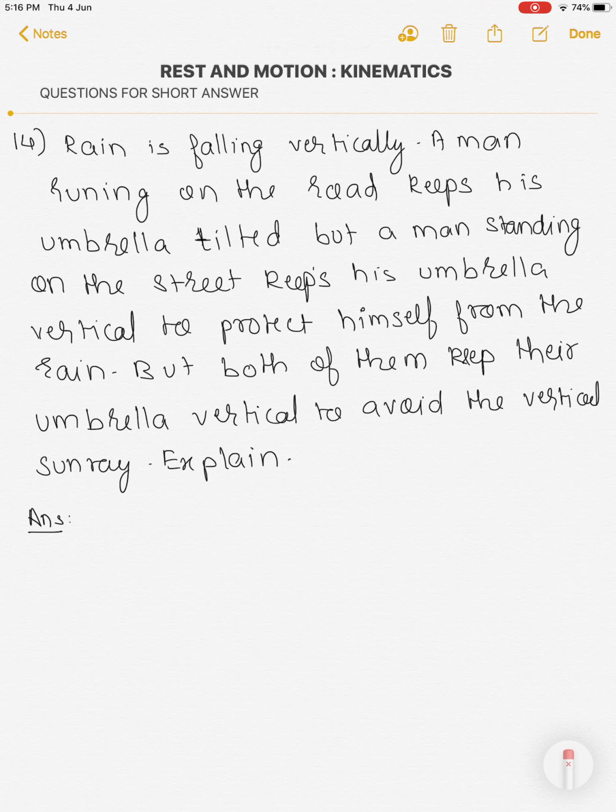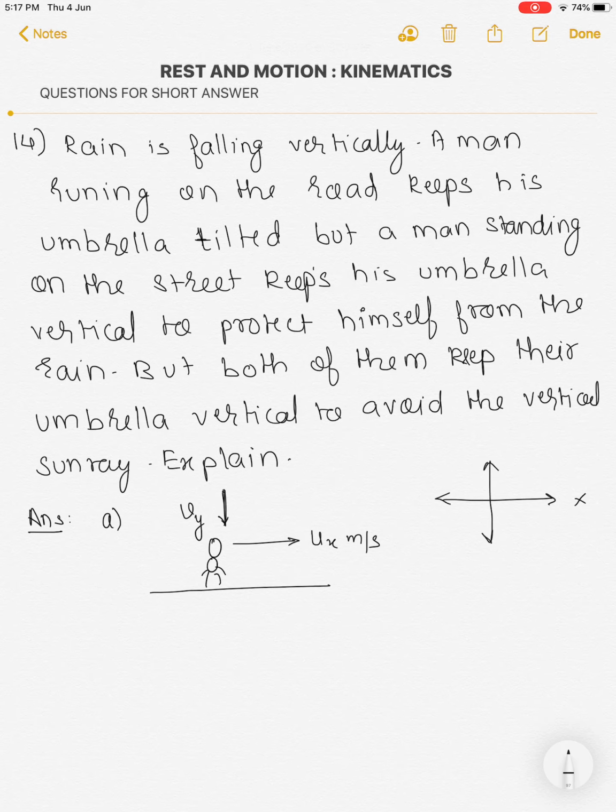Okay, so in this example, this particular example is based on relative motion, and the three different cases are given here. In the first case, it is said that for a man moving along the road, say with some speed ux meter per second, and the rain is falling, the rain is having speed in y direction, so say vy. For reference, I will take this as along the road as x-axis and vertically up down as y-axis.